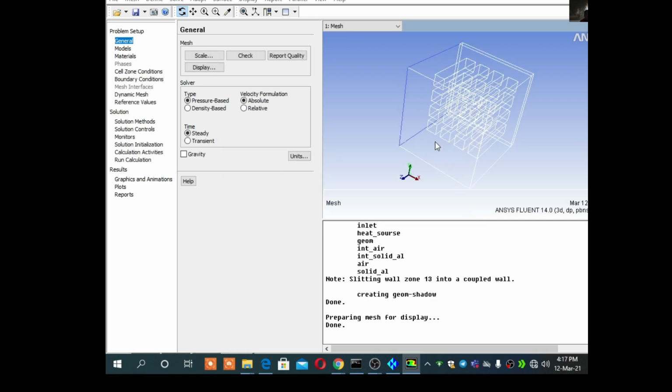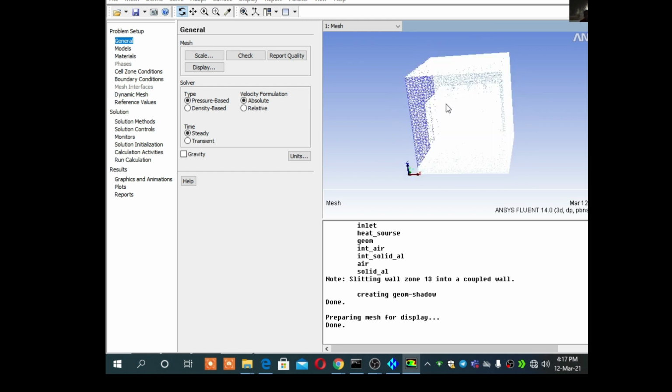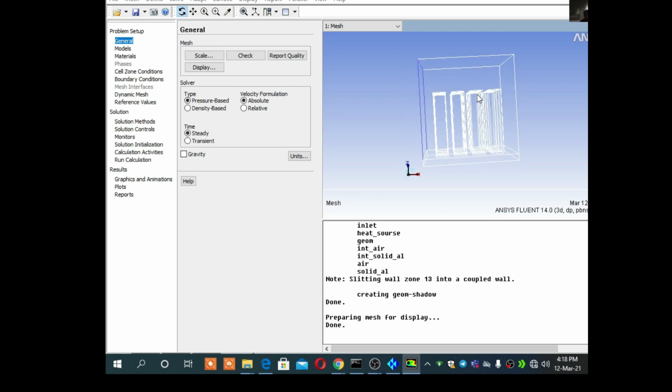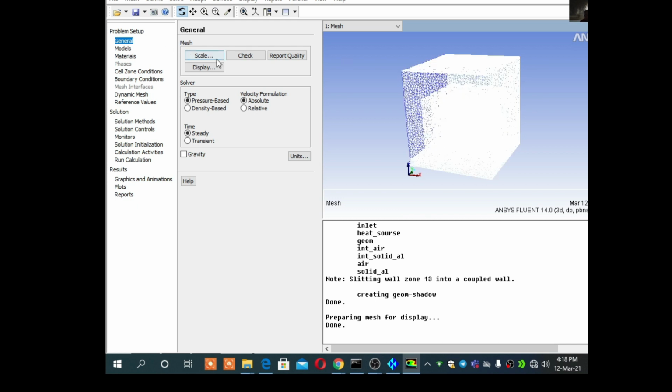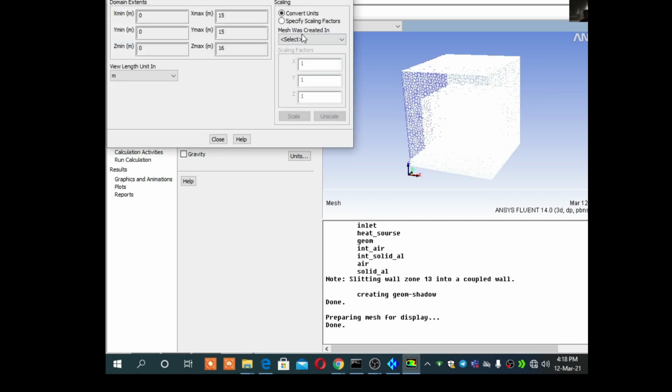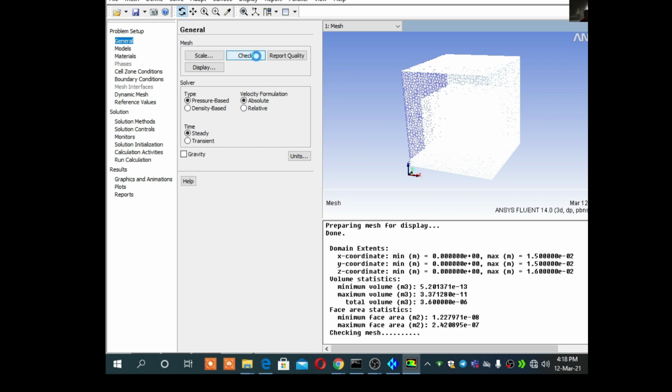Now you can see here it is the Z direction, inlet and outlet. Okay, height in the Z direction. So check. Mesh was created in mm, scale, close. Okay, check mesh.